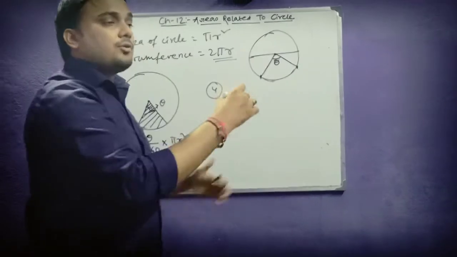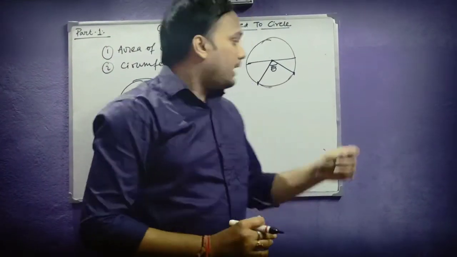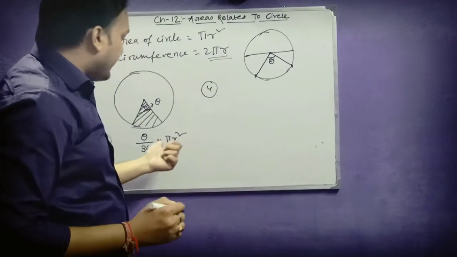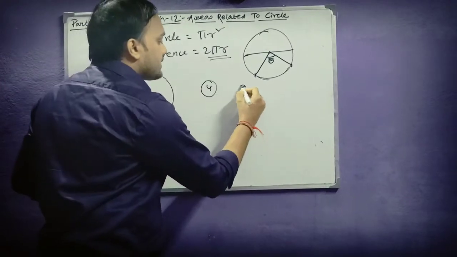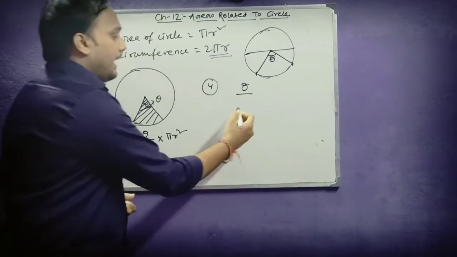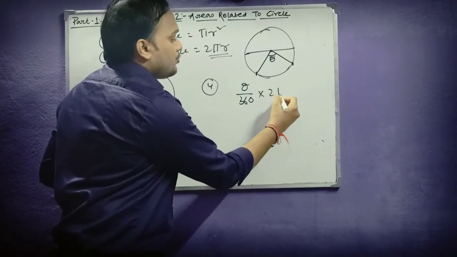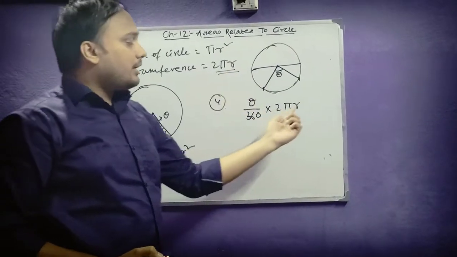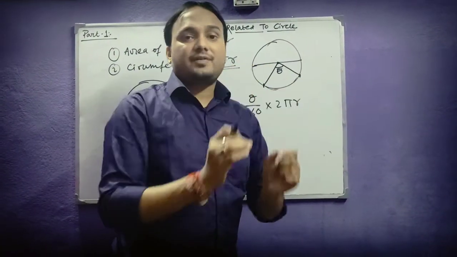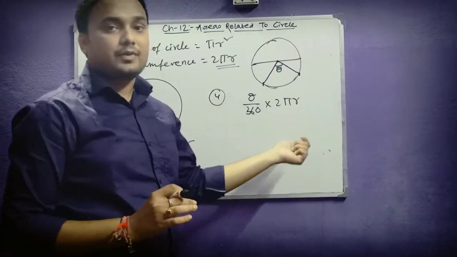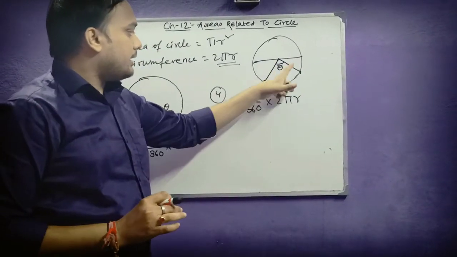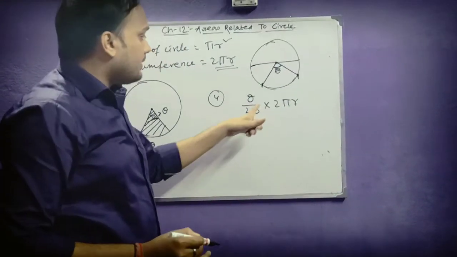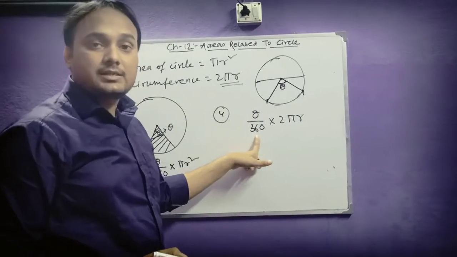Definitely the length of the total circumference is 2 pi r. And this arc is a part of the total circumference. So the same concept as area will be used here. The only difference is, instead of pi r square which I wrote there, I write here theta by 360 into 2 pi r. Why not pi r square? Because I am not finding the area over here. I am finding the length of a part of the circumference, and the total circumference is equal to 2 pi r. Hence, the length of this arc from here to here, which subtends angle theta at the center, will be theta by 360 into 2 pi r.